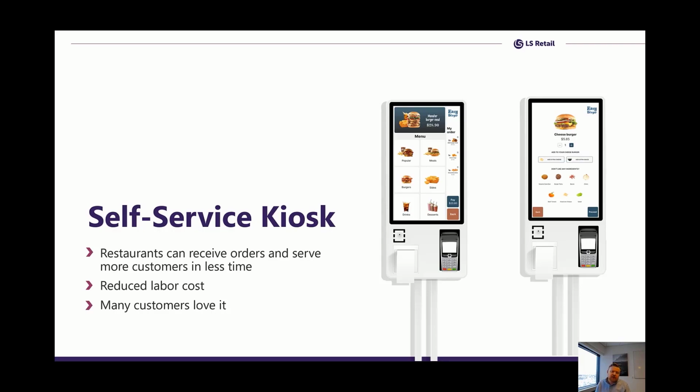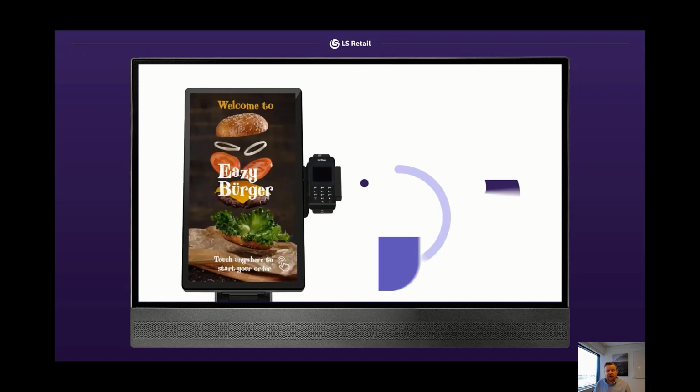The self-service kiosks allow the restaurant to serve more people in less time without adding more staff members. Some people even love the flexibility of entering the order yourself. The self-service kiosks have shown to decrease service-related frustrations for the customers and in that way improve the experience of the customers. Now, if I talk you through the process of ordering on a self-service kiosk,